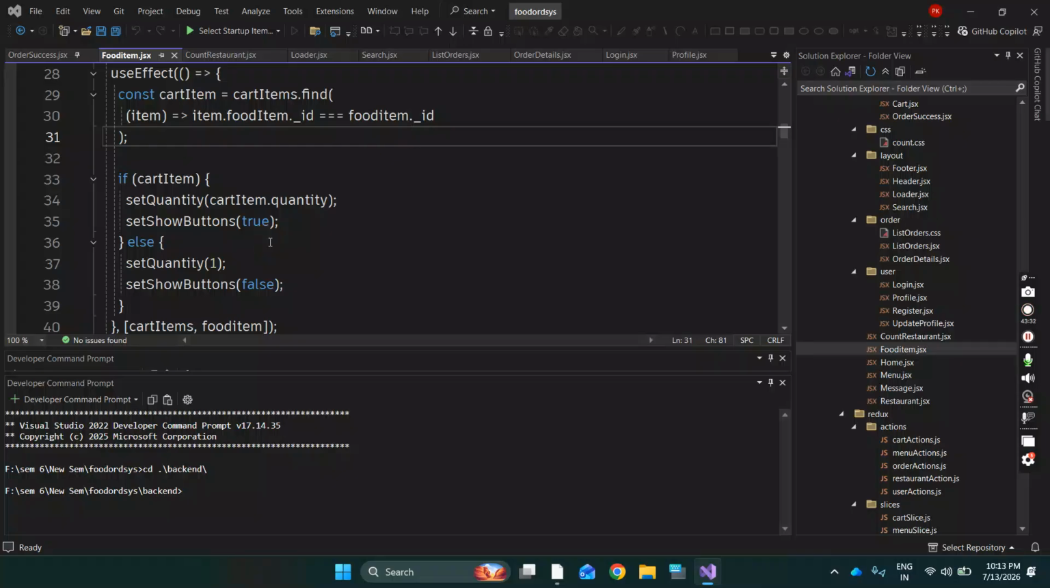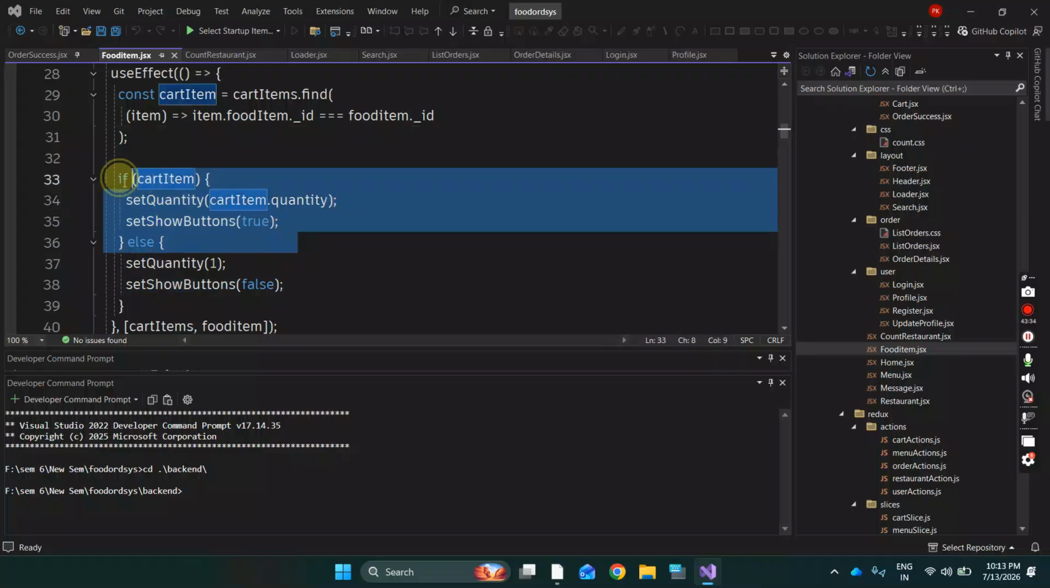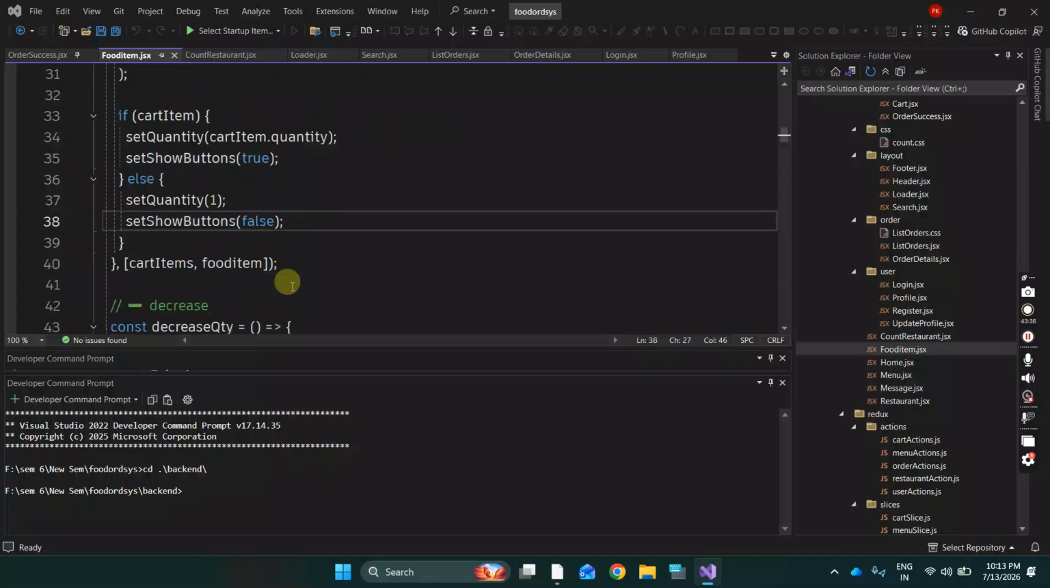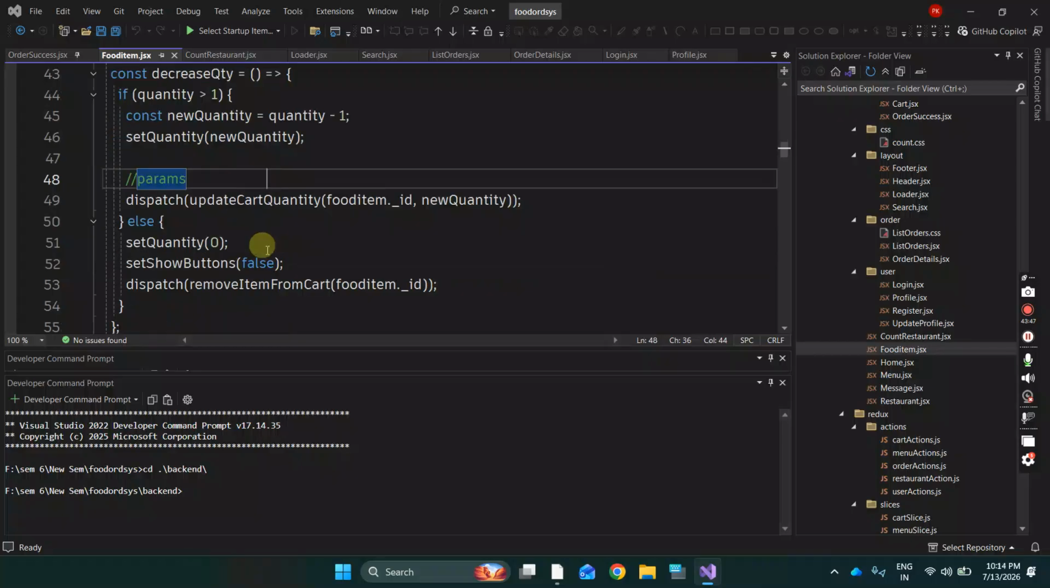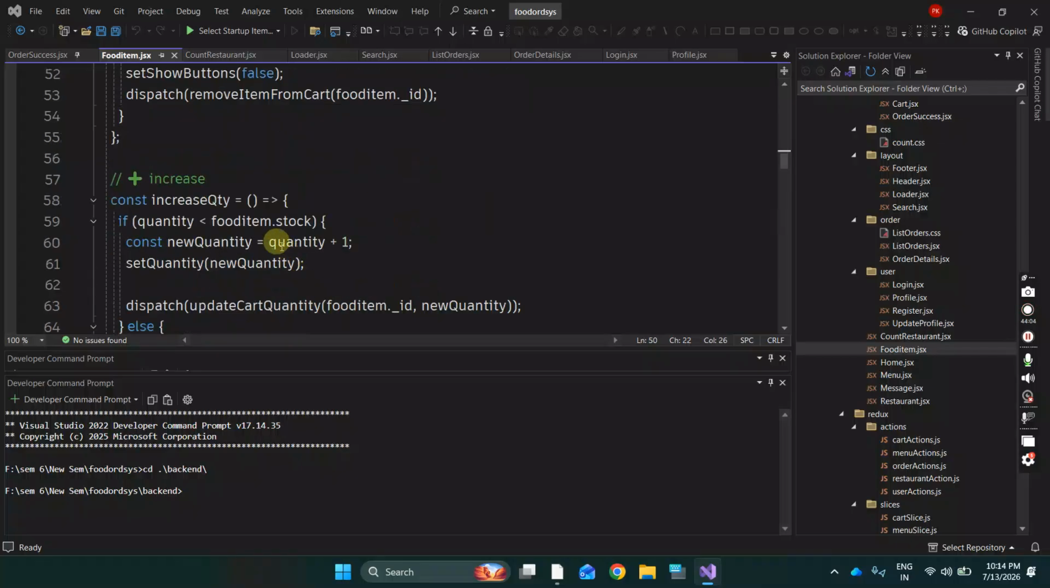If the cart item, the quantity is button showing true, then the quantity is present. Okay, decrease. If the quantity is more than that, then it will obviously get minus, and the new quantity will be there. Then updating the quantity, that means changing in quantity. Okay, then increasing the quantity means